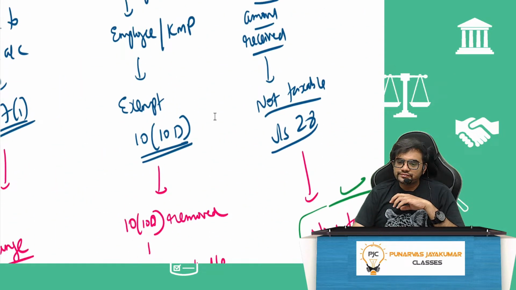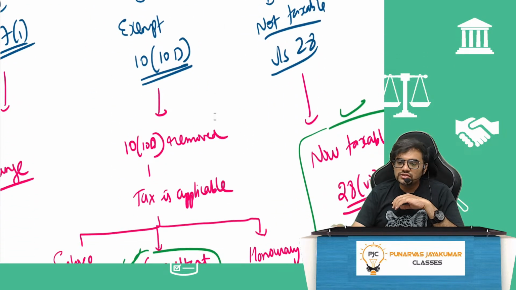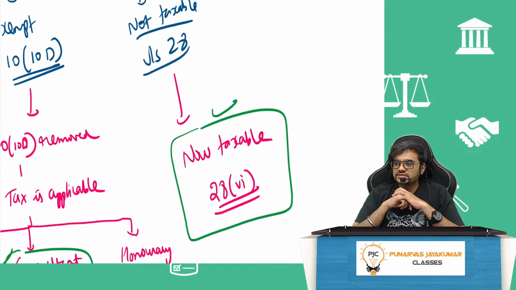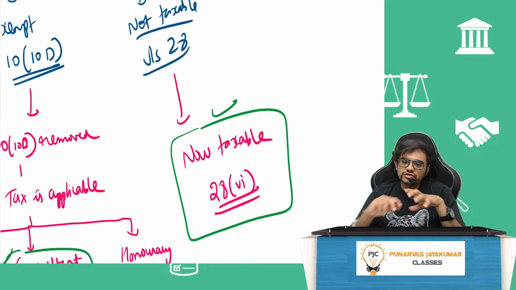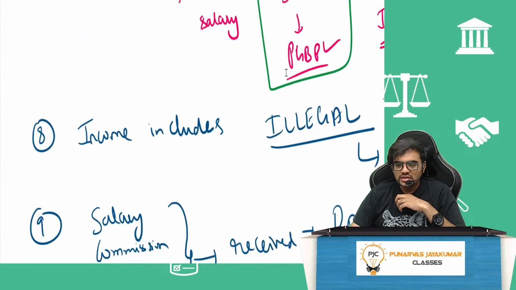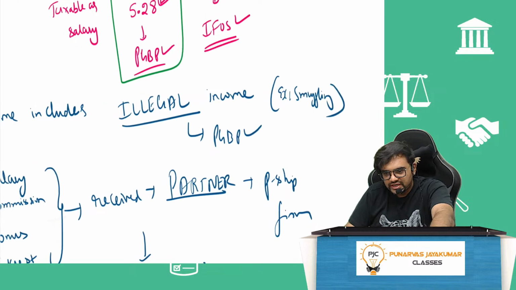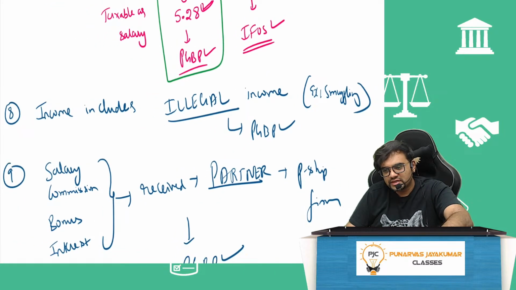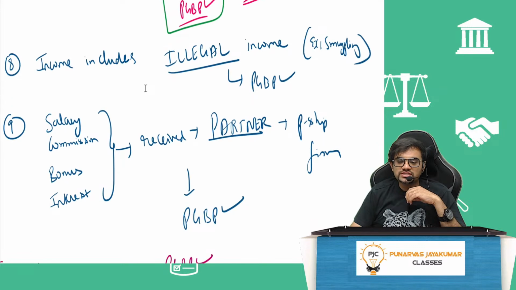On the other hand, if the company receives the money, if there is any fraud, etc., that money is also taxable under 28(6), because now any keyman insurance policy amount received by the company is also being made taxable. So these are again other modes of taxation. We are discussing everything one by one. Now income will obviously include all illegal income also. Definitely yes. So smuggling activity, drugs, everything will definitely be part of the deal. Salary, commission, bonus, interest, etc.